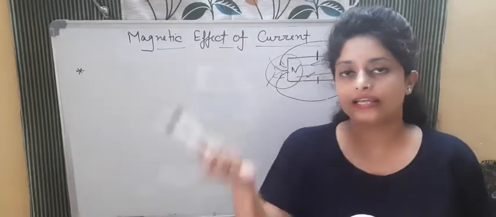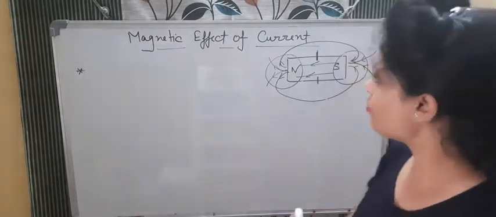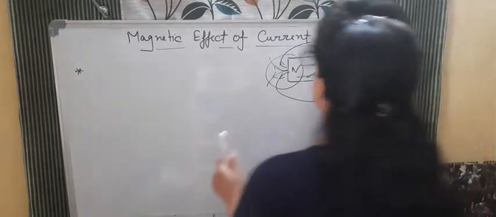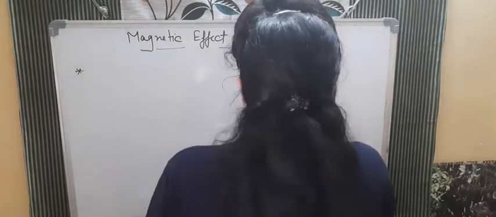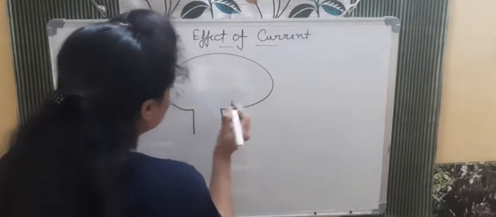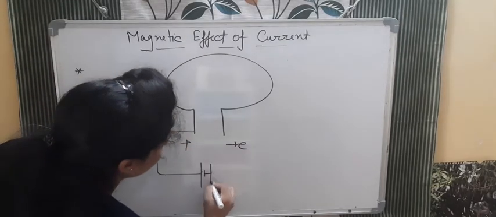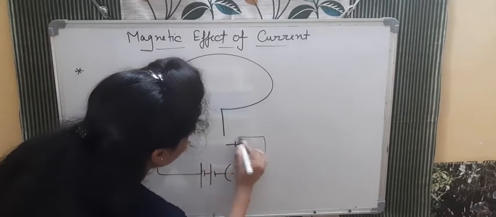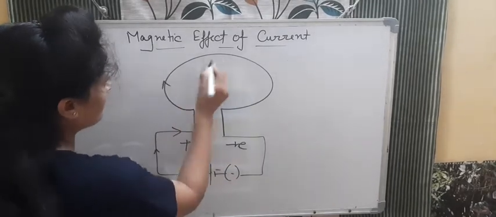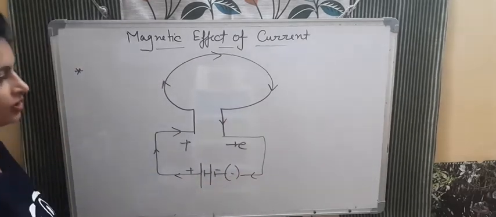This time we are not taking a straight current carrying conductor, we are bending that into a loop. So what will be the diagram and what will be the magnetic field? See. So when we are taking a loop, for example, taking it like this, this is positive, this is negative. If I connect it with a battery, key is there, so this side positive, this side negative, so current will go like this, current will go like this. See, so this will be the diagram.